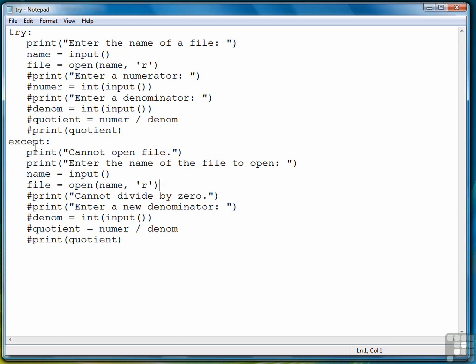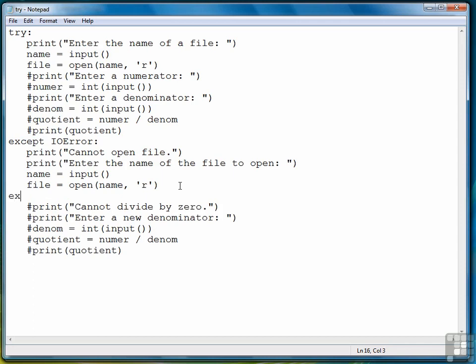And there's one more variation I want to talk about with this real quick, is that we can also specify specific types of exceptions. For example, for file type errors, those exceptions are thrown as IO errors. So we can say except IO error to handle that particular exception. For divide by zero errors, those are called zero division errors. So we can specify that in the except, and then it will handle just the zero division errors that are